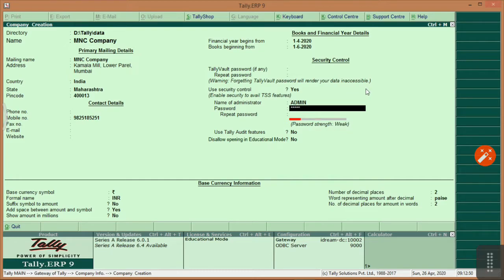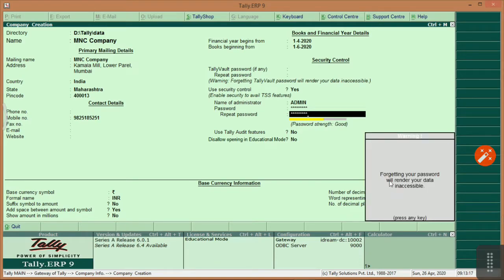If your password is like 1234566, just see here, a red mark is there, that password strength is not good. So better you should apply a strong password, that is T uppercase, A double L Y in lowercase, @123. Again you have to insert the same password.